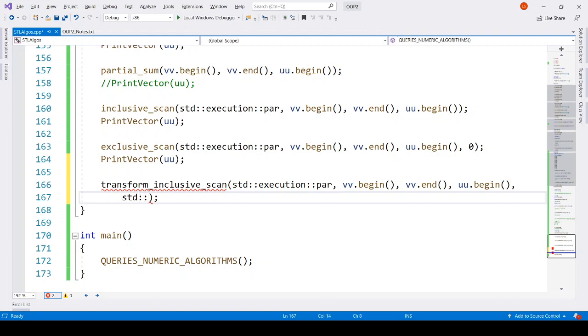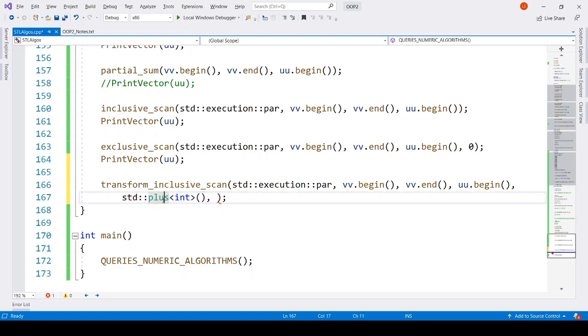So let's provide the same operation for it. This is the default operation, but because we have a transform operation to follow here as the last parameter, we do need to specify the default one also. Okay, here in inclusive scan we don't specify any operation because the standard plus is default, right? So here there is another parameter coming, so we have to specify which is our operation on that.